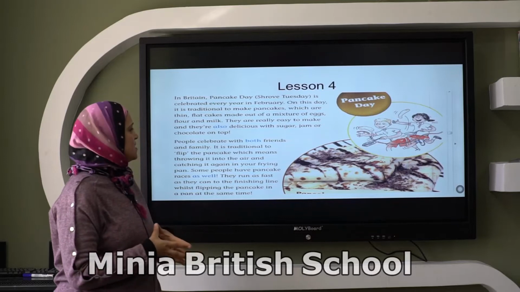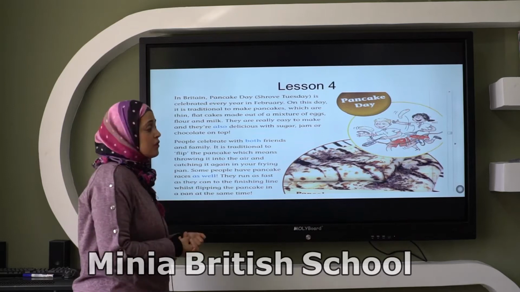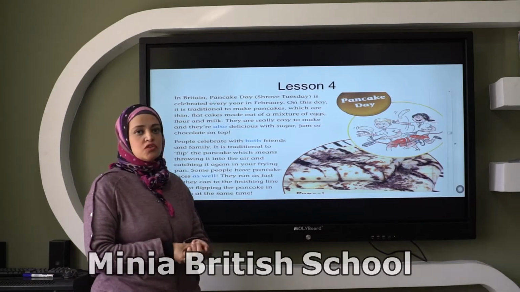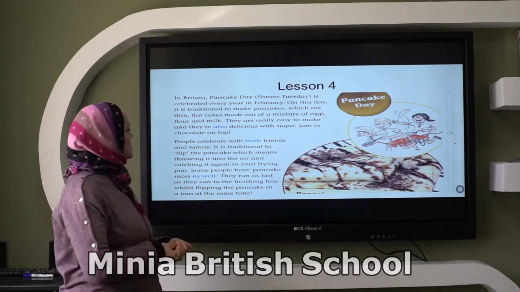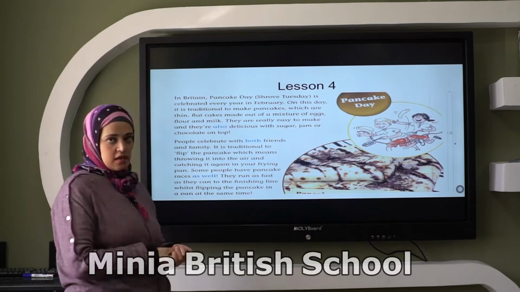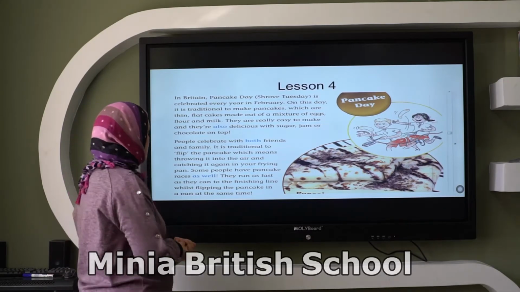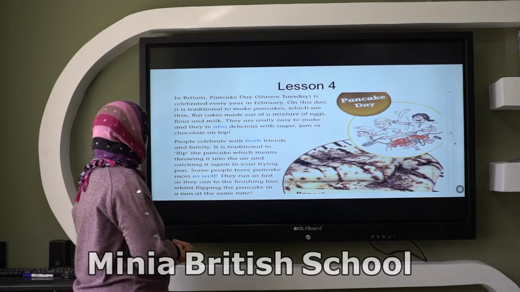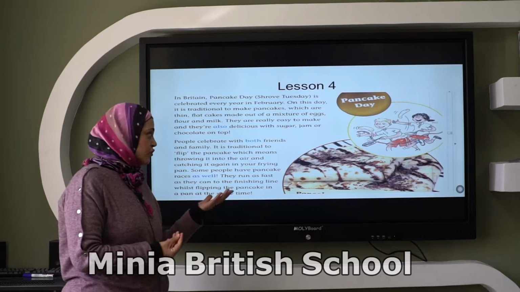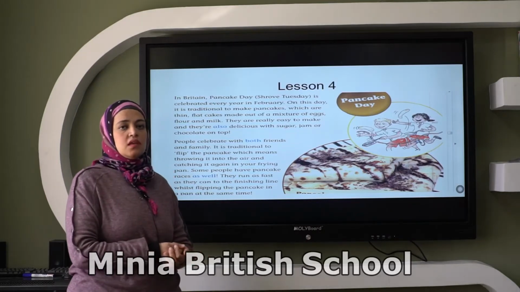They are really easy to make and they are also delicious. They taste very good with sugar, jam or chocolate on top. People celebrate with both friends and family. It's traditional to flip the pancake, which means throwing it into the air and catching it again in your frying pan. As I said in the beginning, when we started talking about the pancake, they hold the pan in the race and they keep